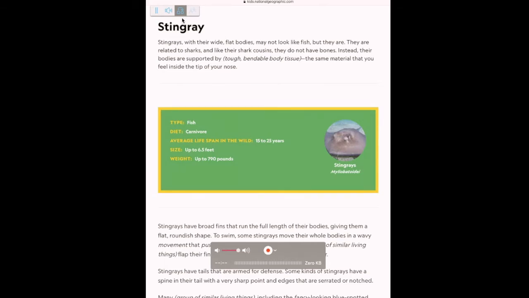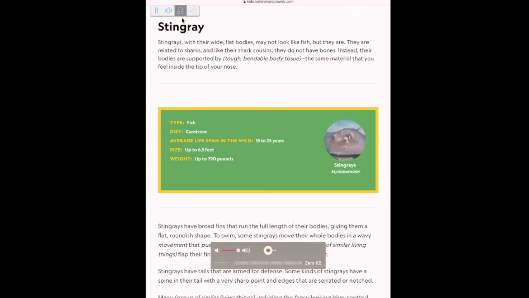And I see a lot of words have been italicized. So that's going to be a visual reminder for me that this text has been simplified. So let's take a peek at tough bendable body tissue. So what's great about that is I can actually click on that and I can go back and forth between those two simplistic and complex text as well. I have my translate on, so I'm also going to get that simplified version in my translated language as well.